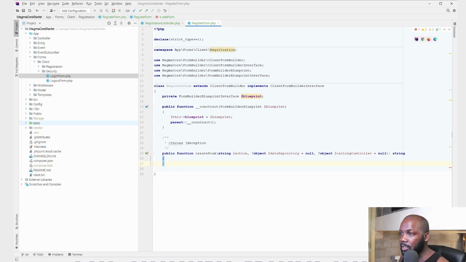So as I was saying, the structure of our form, when we're building using the form builder component, is going to be the same. So I don't need to make any changes to this particular file. I'm just going to go ahead and start creating all the inputs. So I'm going to say return this form, and the second method in the chain is going to be the add method. So I'm going to list them out because they're going to be 4 input fields. So it's going to be 1, 2, 3, add,